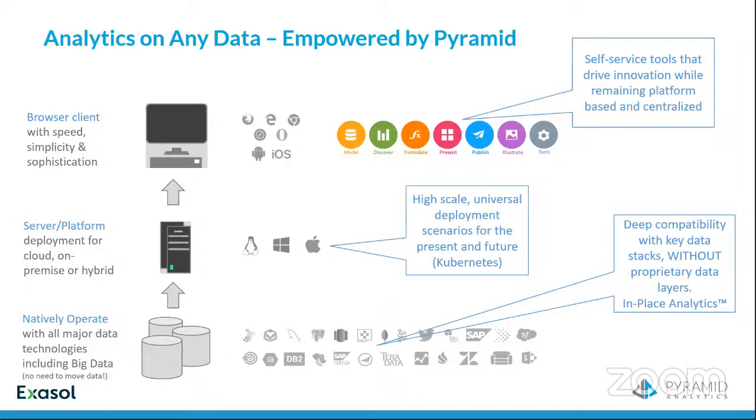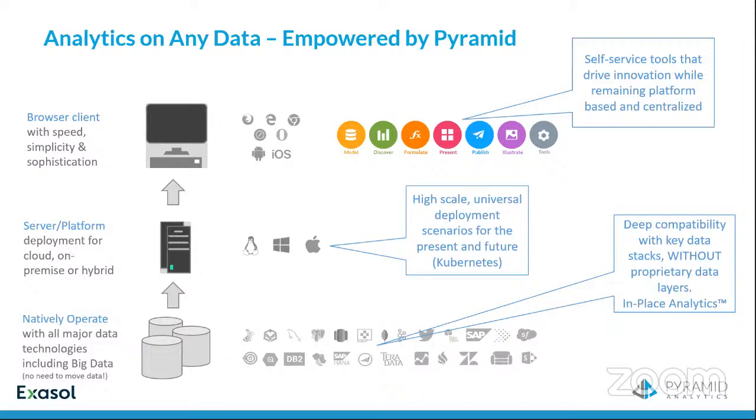And my Publish module, again, reuses my Discover views to build pixel-perfect reports with full scheduling and intelligent distribution for both internal and external stakeholders, outputting in PDF and a variety of Office and Internet formats.